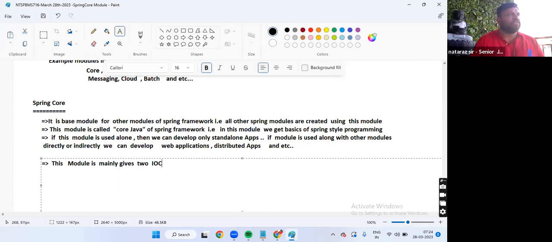What do you mean by Spring Bean? A Java class whose object is created and managed by the Spring container is called a Spring Bean. How to tell the Spring container or IOC container to take a class as a Spring Bean? We should configure it either using XML or annotations. Yesterday we discussed all these things. Using XML, use the bean tag; using annotations, use @Component or @Bean. I hope everyone remembered all this.